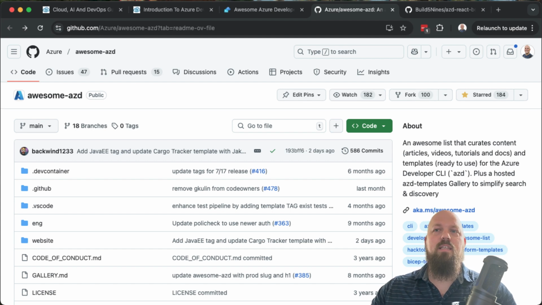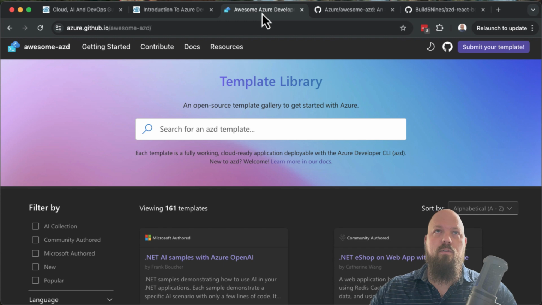So you head over to the AZD Awesome page. You can find this on GitHub in the GitHub repo underneath the Azure organization. Or you can also access it from the website deployment, where you'll probably use it to browse through the templates at azure.github.io/awesome-azd. Within here, you'll find templates for web apps, APIs, data pipelines, and other application workloads to allow you to quickly spin up applications, references for Azure services. Common things like Azure Cosmos DB, PostgreSQL, Azure Functions, Azure Kubernetes Service, container applications, app services, and so much more